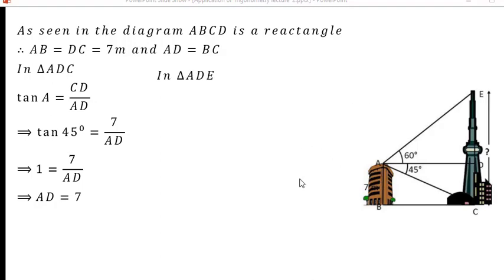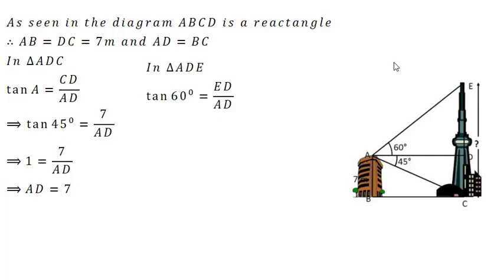Now I will take triangle ADE. Now in triangle ADE, tan 60 degree is equal to ED upon AD. Now the value of tan 60 degree is √3, the value of AD is 7, so we get the value of ED as 7√3. Now